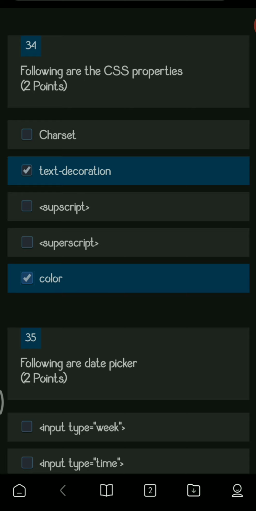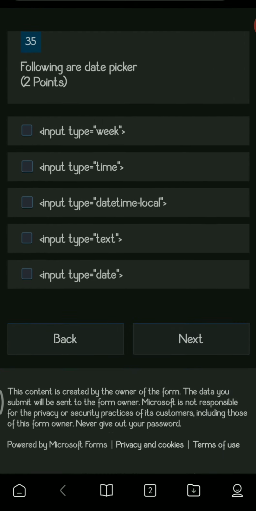Superscript, subscript are not the CSS property. Even charset is not a CSS property. Next question, following are the date picker. So the options are option number 3, input type equals datetime-local, and input type equals date. So these are the two date pickers. So these are the right answers for this question.